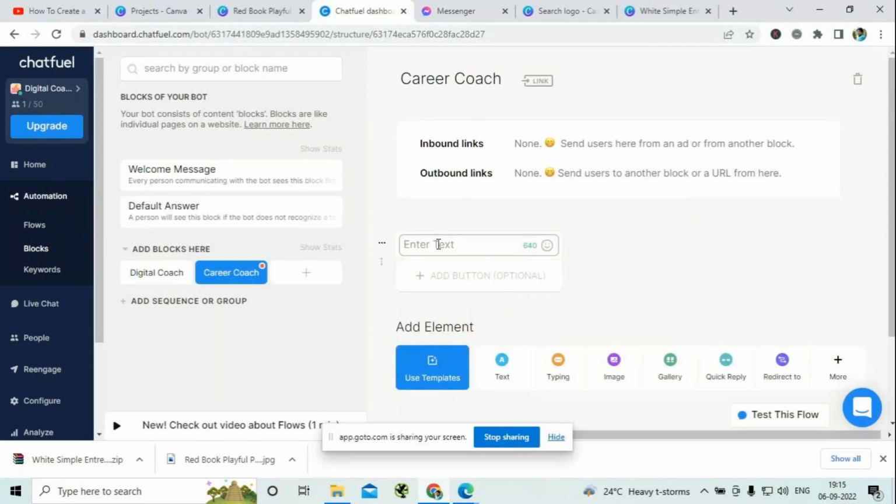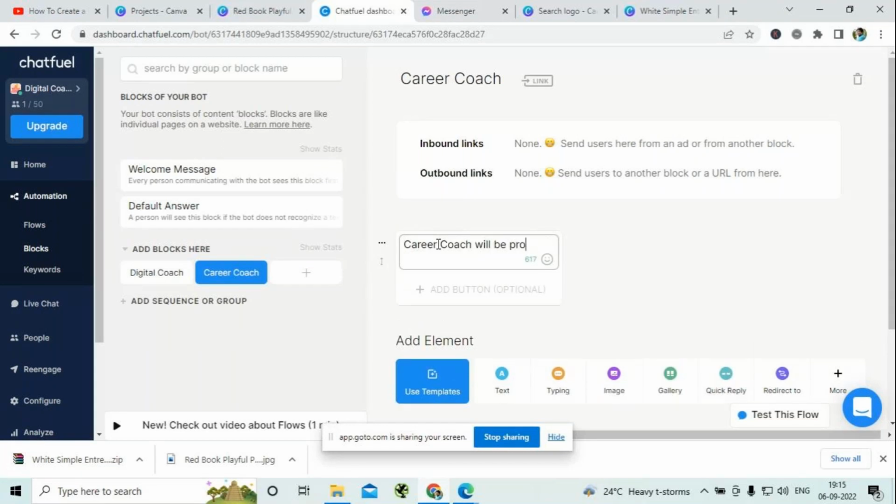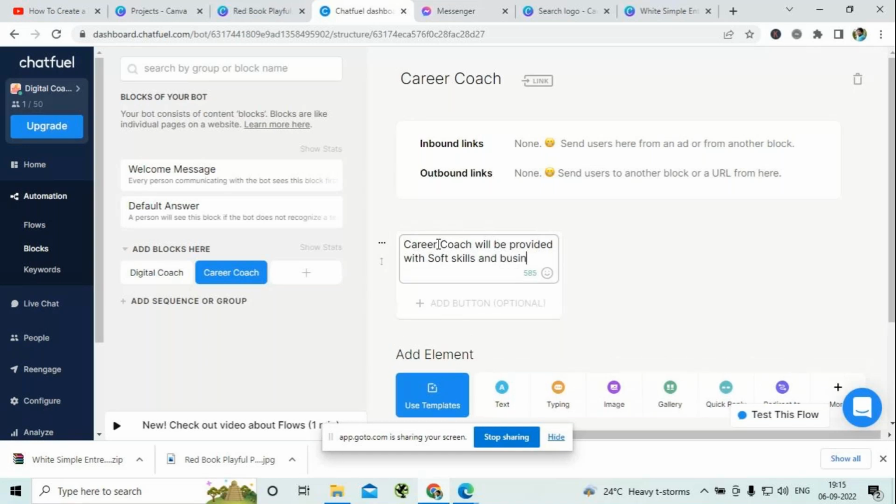Suppose if you want to add any images related to this, you can add text with the images or only images. However you want to convey the information, you can add it. So the information about the career coach will be provided with soft skills and business communication program,